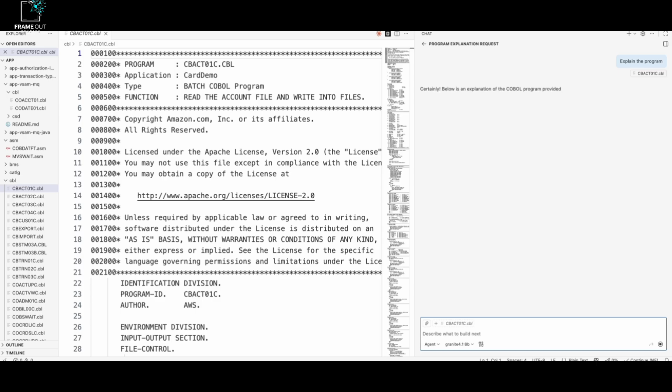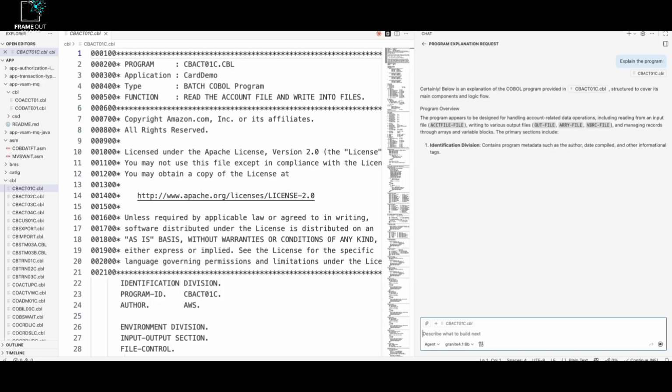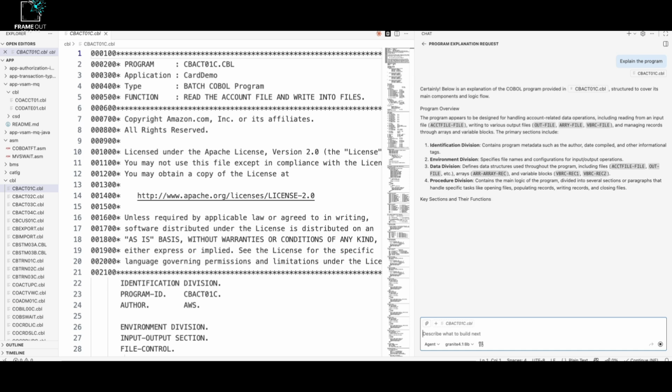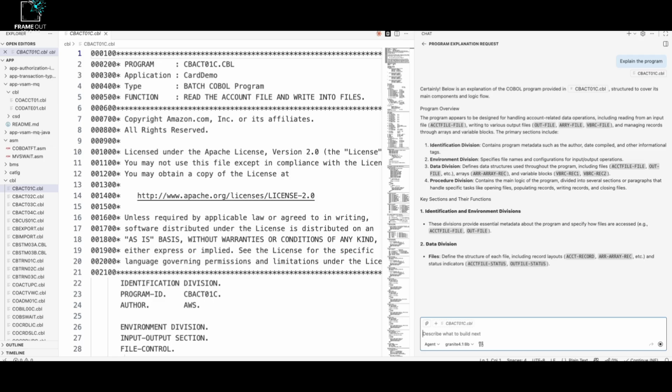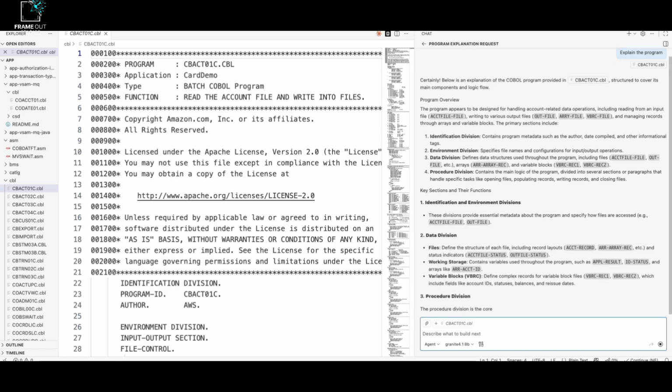It has a bigger context window of 512K. Here I am trying to explain the COBOL program using the 4.1 8B first. As you can see, it is trying to explain the program line by line. It will continue doing that per program or per paragraph of the program. It is pretty fast, even though it is an 8B model. It runs fast on my Mac